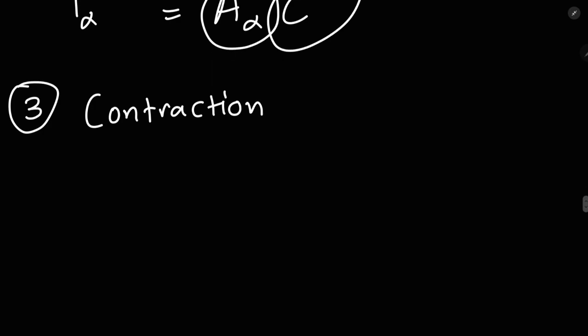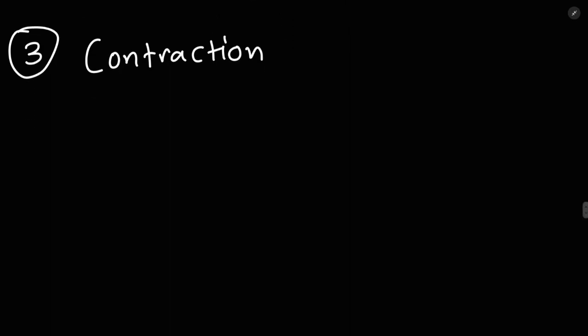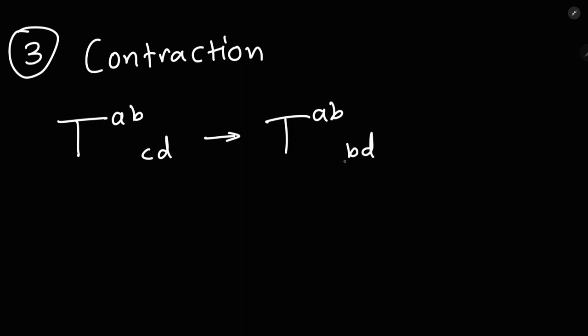So when we set a lower and upper index in a tensor to be equal so that we sum over it by Einstein notation, this will give us another tensor whose rank is 2 lower than the original one. Let's see what I mean by this. So if we have a mixed tensor T^{AB}_{CD}, and if I set C equal to B in this, so if I have T^{AB}_{BD}, this is called contraction